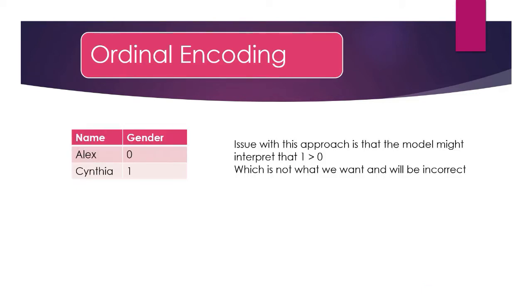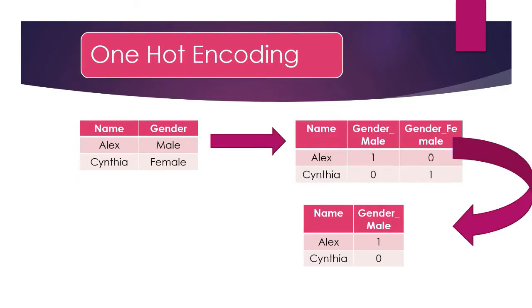So how do we tackle this scenario? In this slide, you can see that the issue with the ordinal encoding approach is that the models can interpret that gender 1, which is female, is greater than 0, and it can assume that there is some sort of relationship, which means that 1 is greater than 0. So it will provide higher weight to this particular gender, which is not the intended purpose here. Now let us move towards one hot encoding.